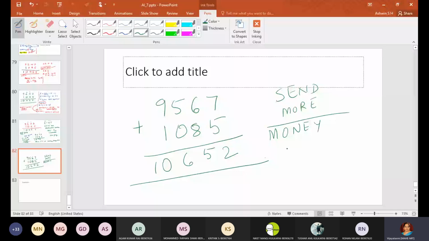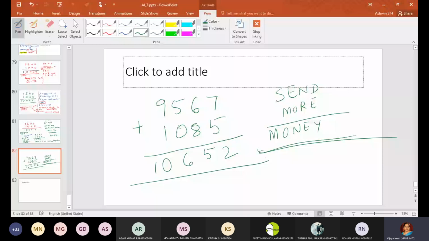So by making use of this, we can write the game tree, the search tree, for this one, and we can solve this puzzle, provided we clearly write the constraint equations. That should be clearly written, and this can be solved.